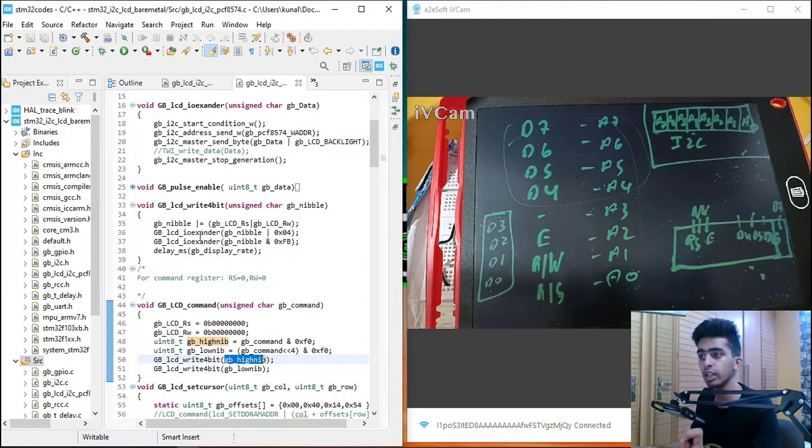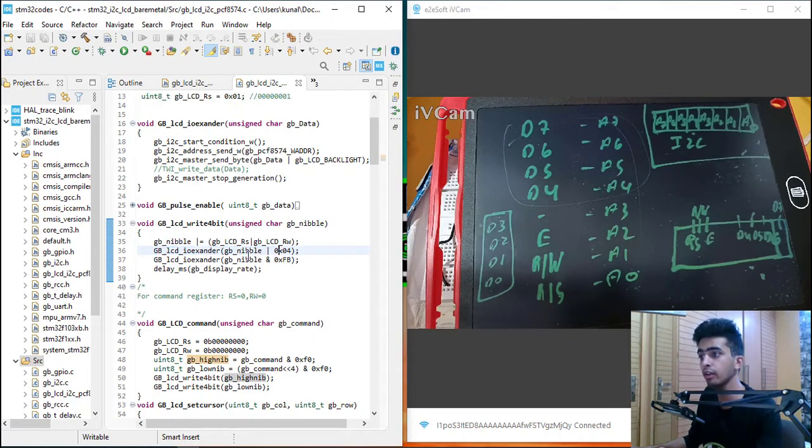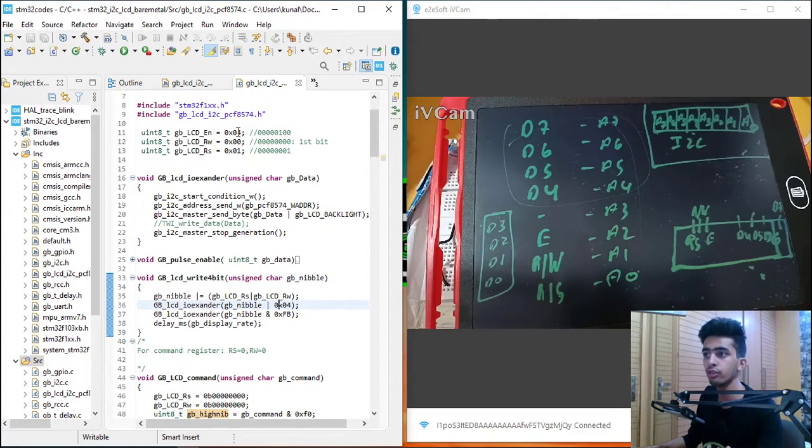Now in the LCD input output expander, I send the data from the nibble. This is the I2C session which takes place in this function. First I send the enable bit: 0x04 is my value for the enable bit, as my enable bit is at A2.